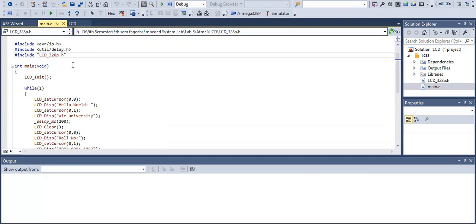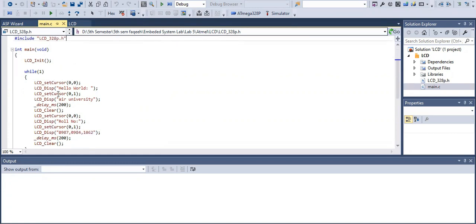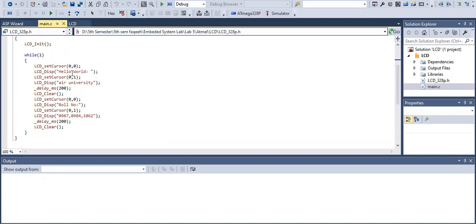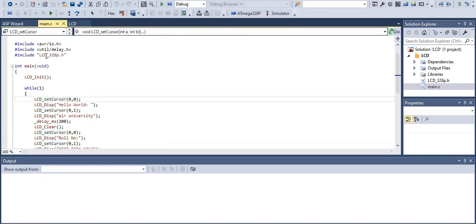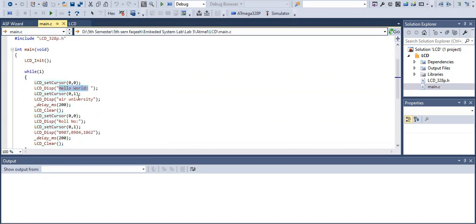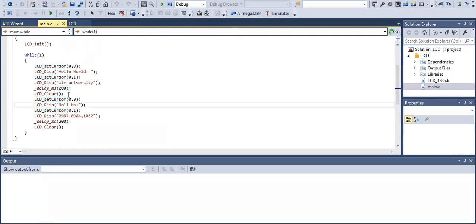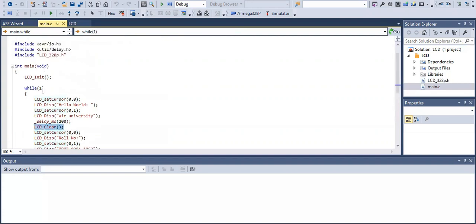Then we have a while loop in the int main function. We set the cursor, using the cursor function of this header file, to 00, and then use the display function to display Hello World. Then we set the cursor to 01 and display Air University. Then we call a delay function of 200 milliseconds,